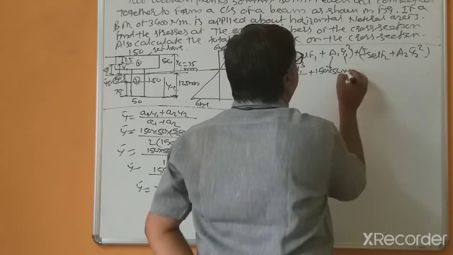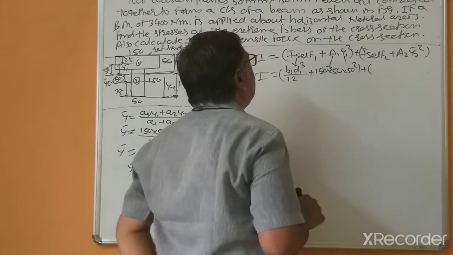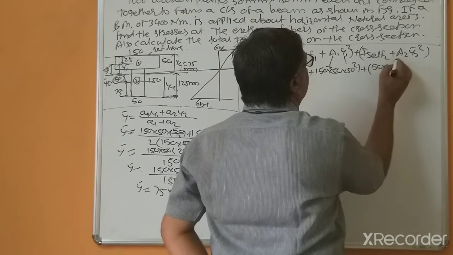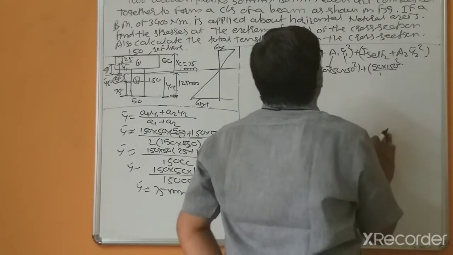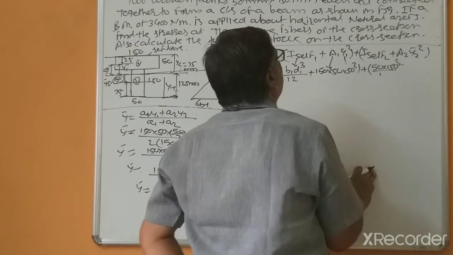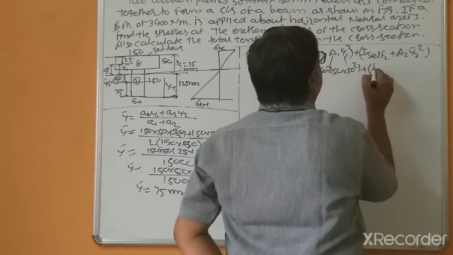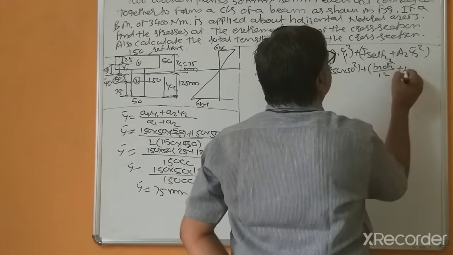Y1 bar 50 square plus, now B equals 50, D equals 150 cube divided by 12, sorry, here B2 D2 cube divided by 12 plus,